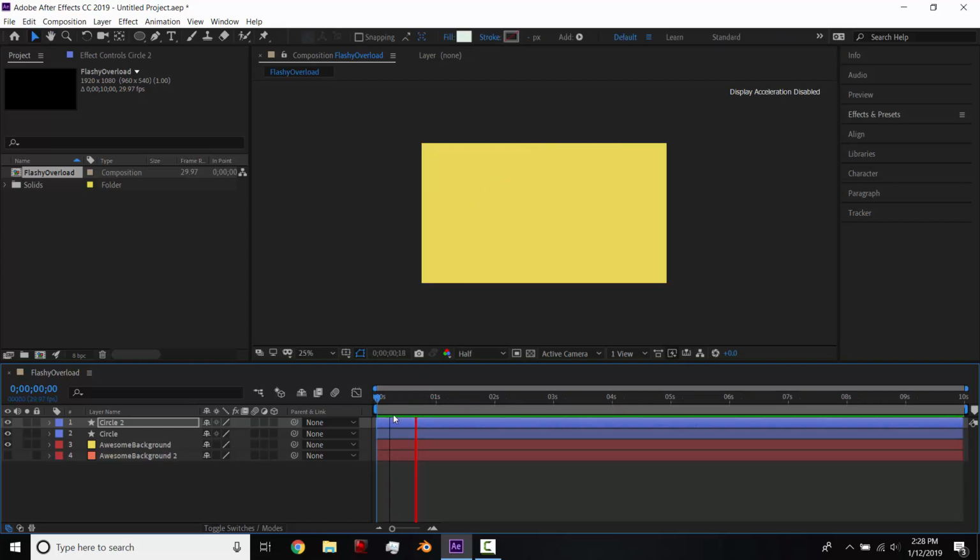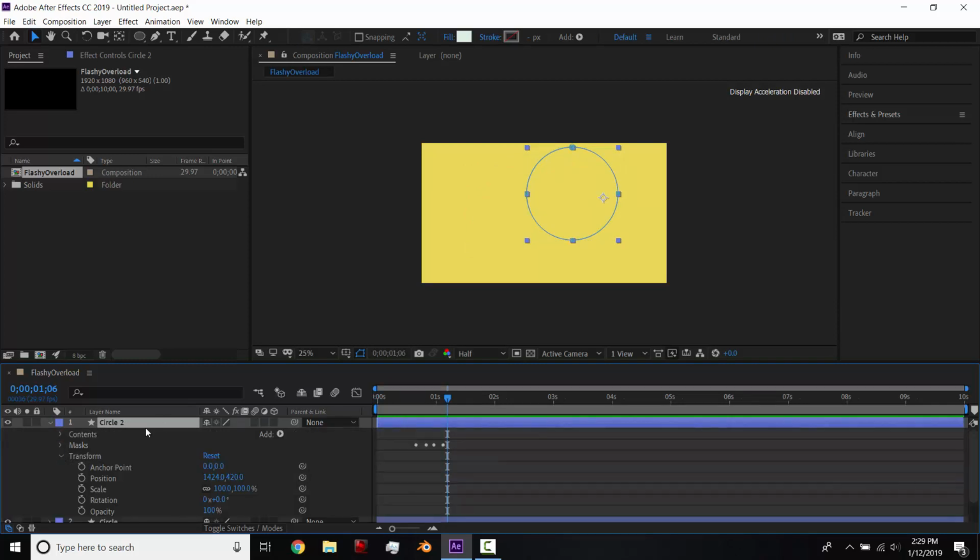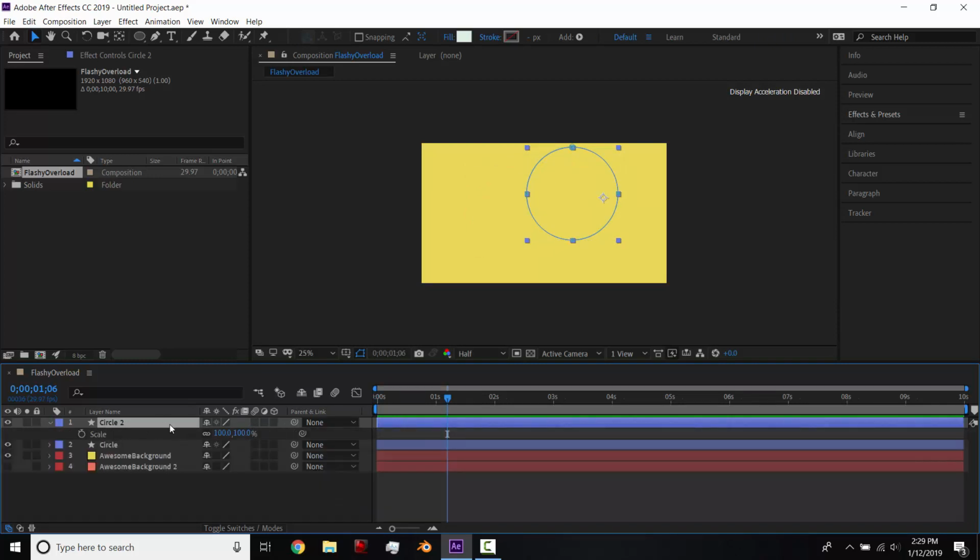Two doing that. Okay, so maybe I want to scale it. If I have this layer selected, you could pop into the transform properties or just hit S, and it kind of cleans it up, so you're only looking at the scale property. So now we have two, but the main problem is they're going in tandem. They're the same speed. So all you have to do is click and drag this layer and offset it a little bit to get that